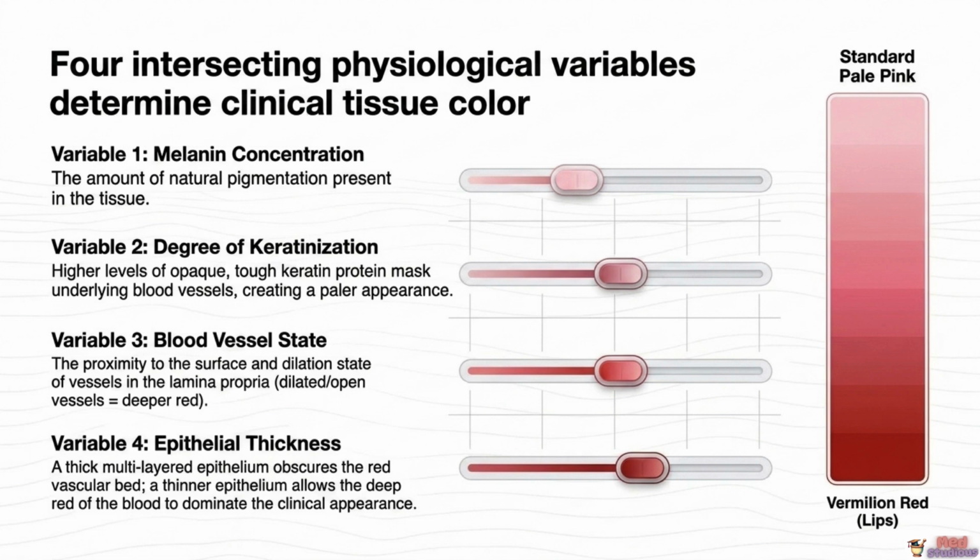Variable 4 is epithelial thickness. A thin epithelium allows the deep red color of the underlying vascular bed to dominate, explaining why the ventral tongue and sublingual mucosa appear intensely red, while the thickly keratinized hard palate looks pale pink. Clinically, any deviation from the expected color, pallor, erythema, leukoplakia, or hyperpigmentation is a red flag demanding histological investigation. That is your